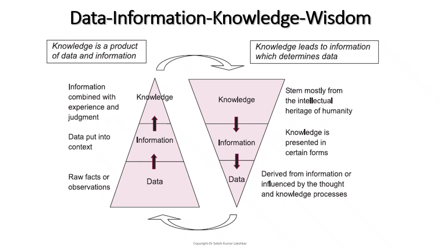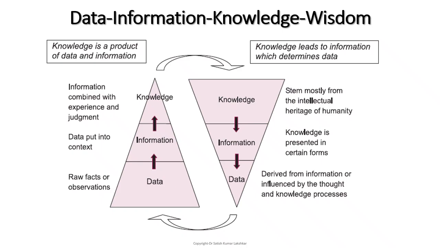Further, when this information is combined with our experience and judgment, based on our past experience, we call it knowledge. So data is converted to information, and information is converted to knowledge. The basic or raw fact is known as data. We always require knowledge whenever we want to make decisions in real life,